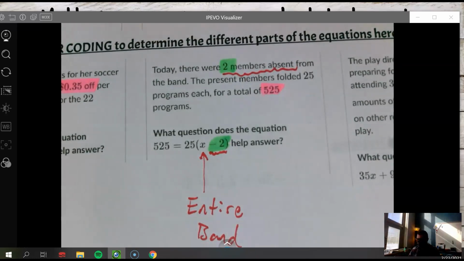Yeah, that is the thing. We don't have a